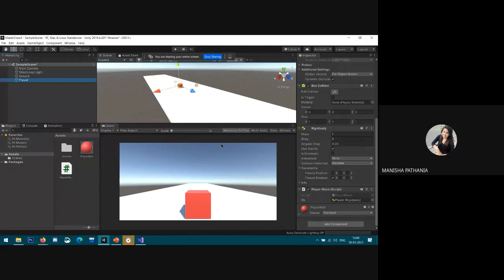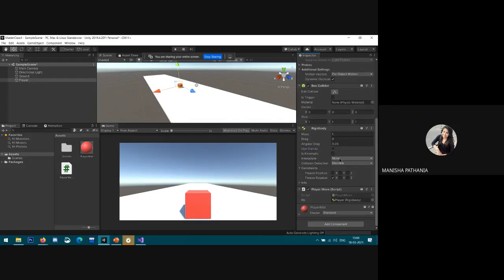But why do we need a physics material now? The reason for the cube jumping around is that by default there is friction between the cube and the ground. That's why it's rotating, jumping, and goes crazy on the floor. By using a physics material, we can choose how much friction we want.